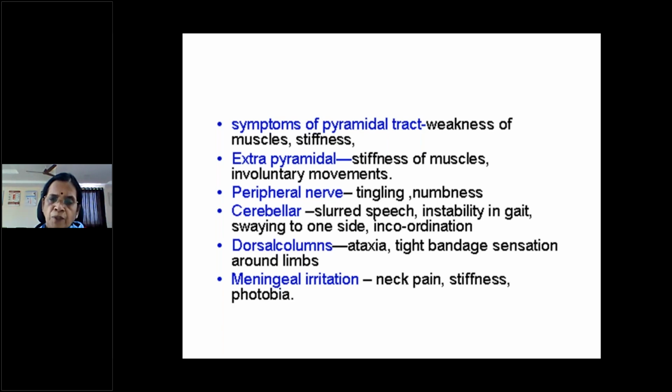But suppose it is due to subarachnoid hemorrhage: the patient comes with a CVA, and if you find stiffness of the neck, that indicates a subarachnoid hemorrhage. So in CVA, you have to think of subarachnoid hemorrhage. If it is infective etiology, you have to rule out either viral or bacterial infections. So these are the symptoms. Photophobia is an important symptom, common in pyogenic, viral, or tuberculous meningitis.